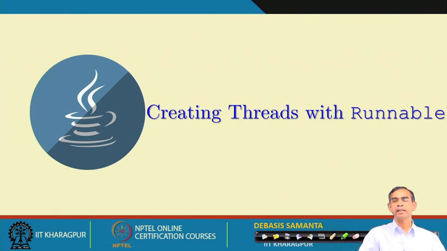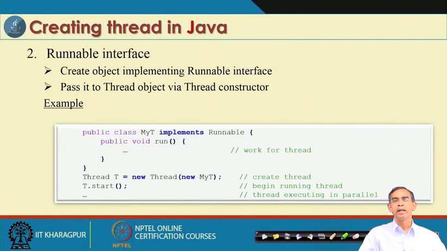The procedure is very similar to the Thread class creation, with only a few minor differences. Let us first start with how we can create a thread using the Runnable interface. As you know, if we want to create our thread using the Thread class, we have to create a class which extends the Thread class. On the other hand, with the same procedure, here we have to create a class which implements Runnable.